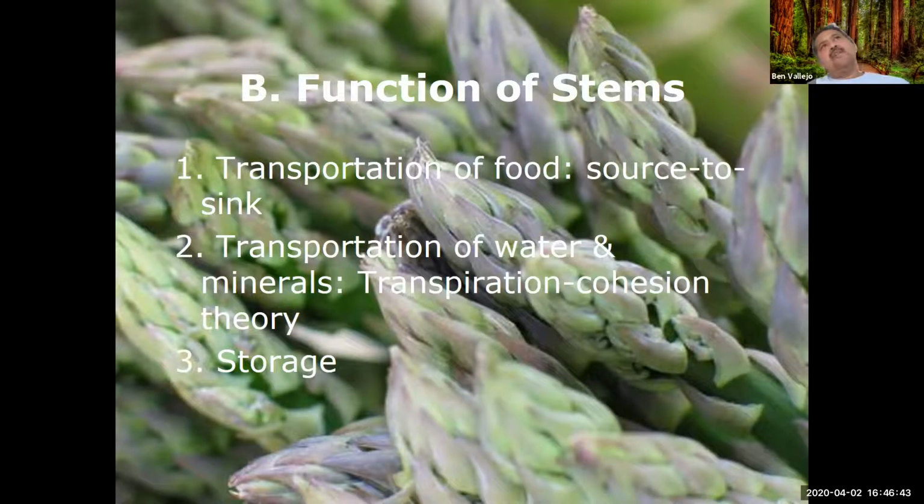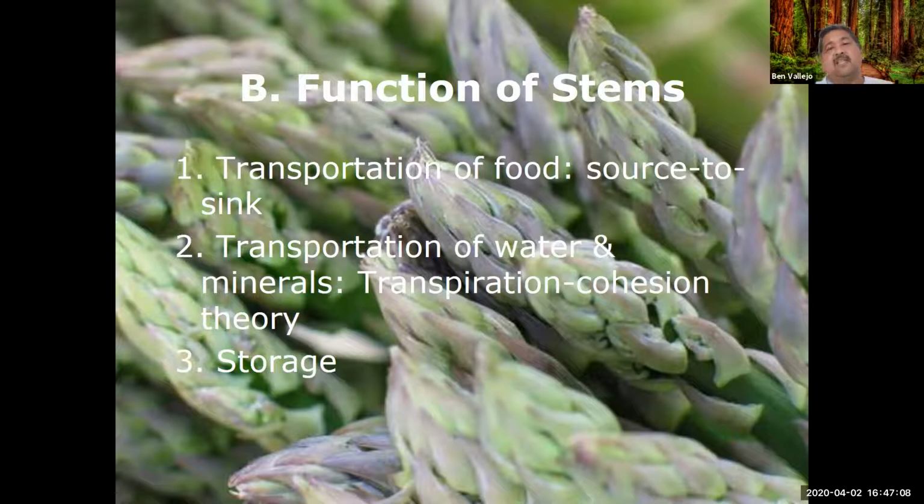And if you have water going up to replace the water that's being lost at the very tip top, the bottom of the leaves, then when one water molecule moves up, it grabs another molecule and brings that up. And so water is cohesive, so this is called the transpiration cohesion theory, and this is how water gets